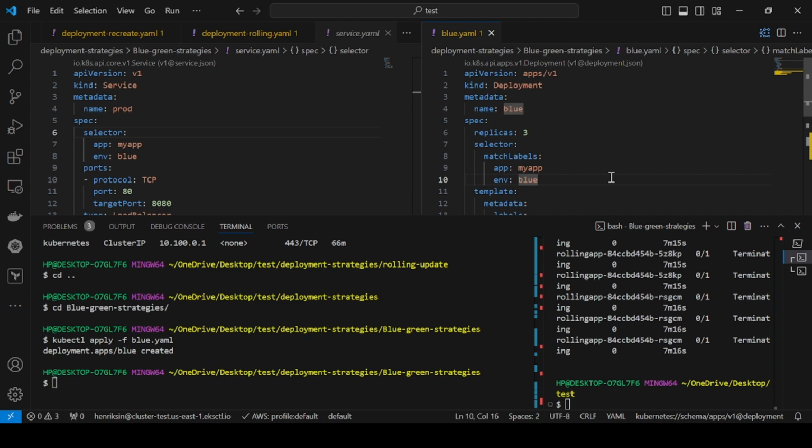My blue manifest deployment is using the app environment blue. So once I run this service,